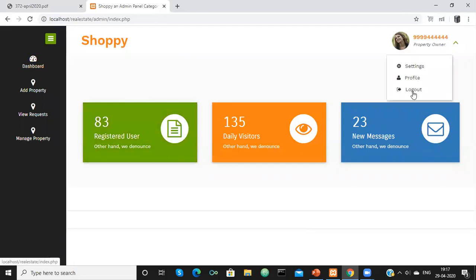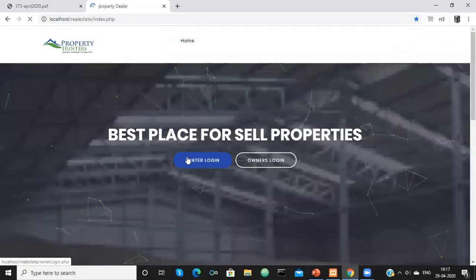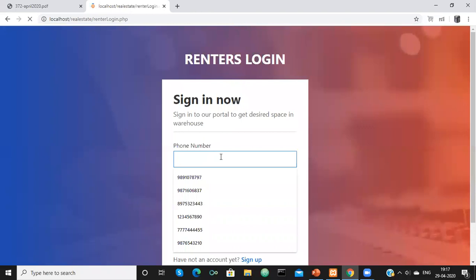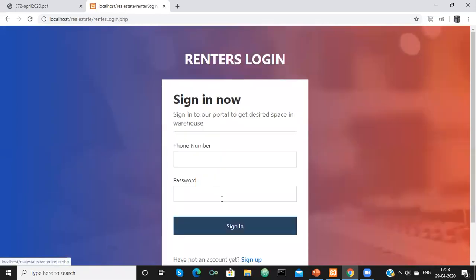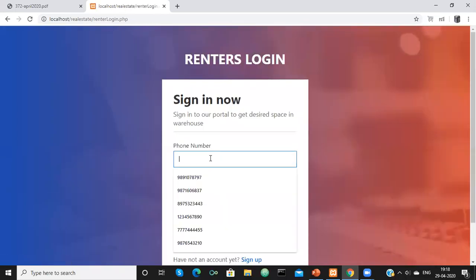Now we will return to renter, and we will create a new account here too. Sign up successfully done, and then we are going to log in.